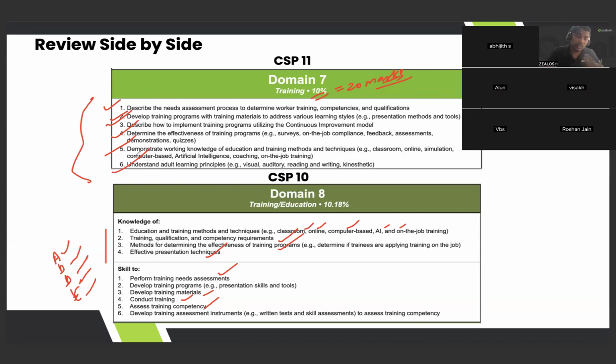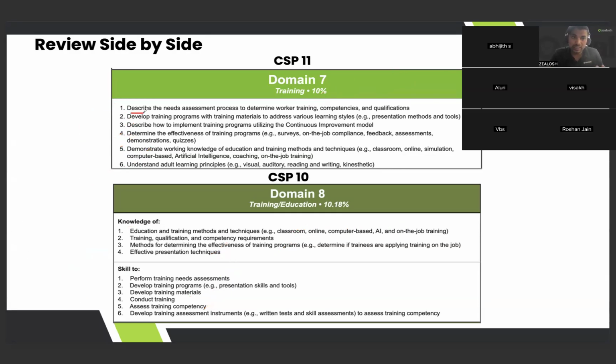So now what is the difference? Previously it was written that you should have knowledge of this much, you should have skill to this much. That is taken out now. Now it is clearly written: describe, develop, determine, demonstrate, understand. So they have used Bloom's taxonomy. What is Bloom's taxonomy? Bloom's taxonomy means we start with remember,